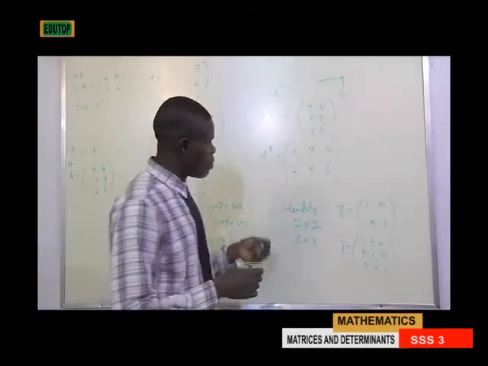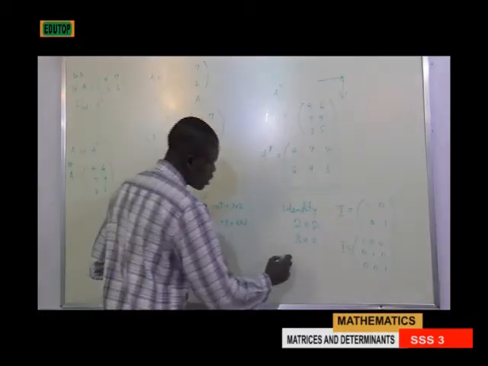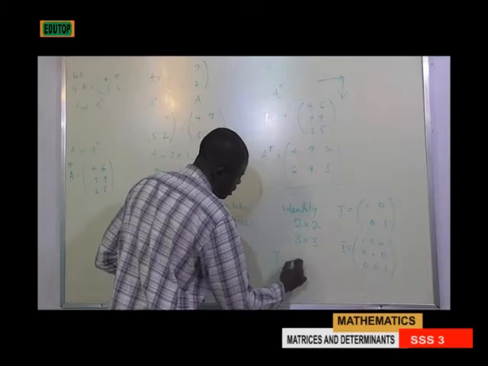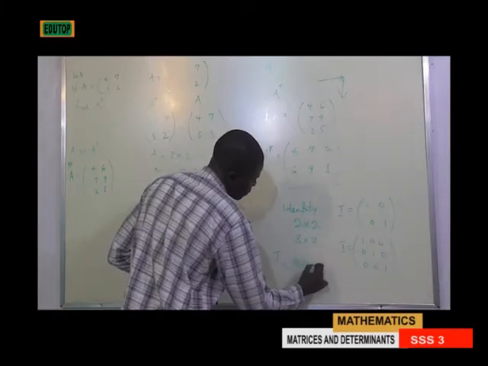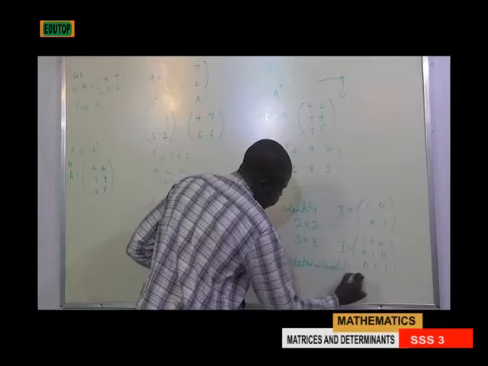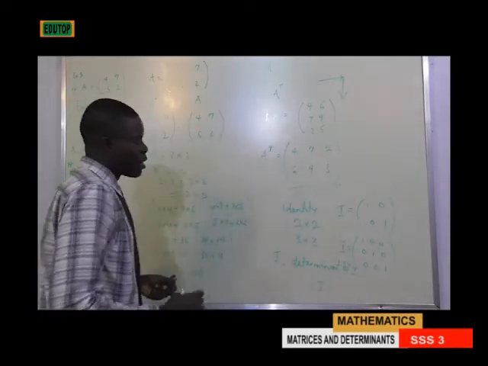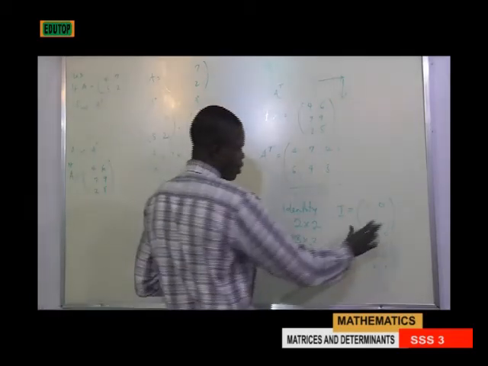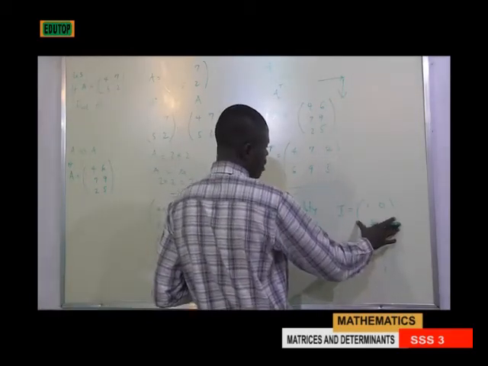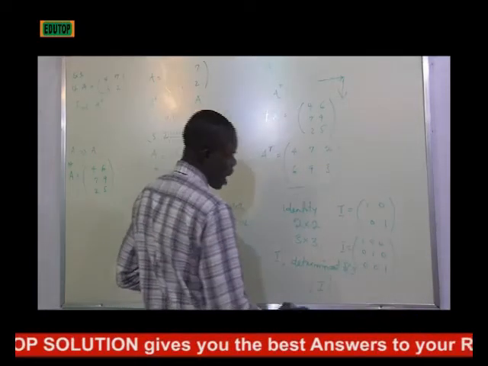Look at the example shown below. Let's check this. The determinant is usually denoted like this: if you have the identity matrix I, the determinant of I will be denoted by this. So when we see something like this, we are talking about determinant. And if we are to find the determinant of this 2 by 2 matrix, then we will have